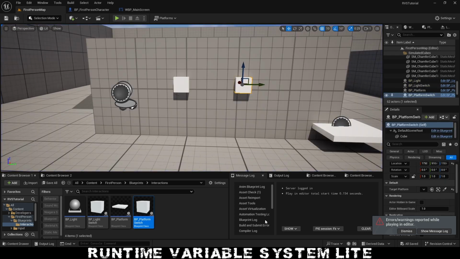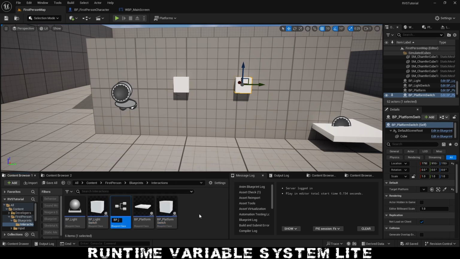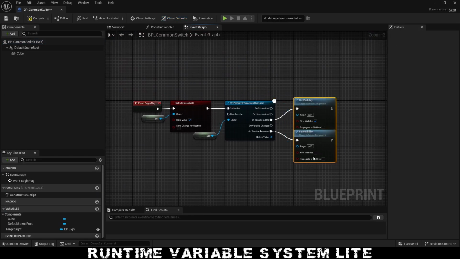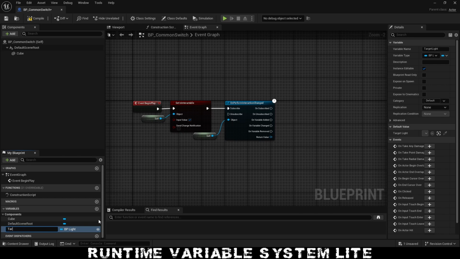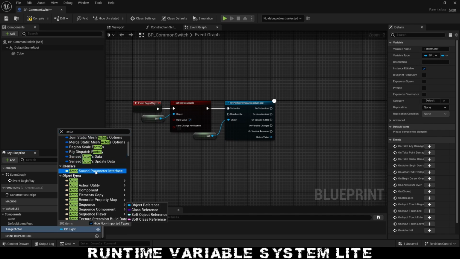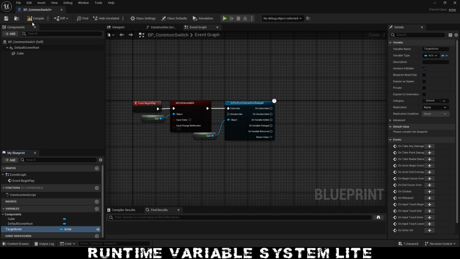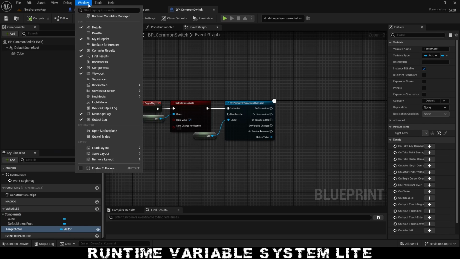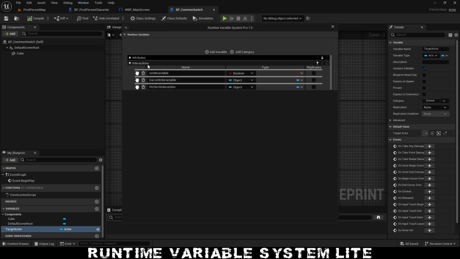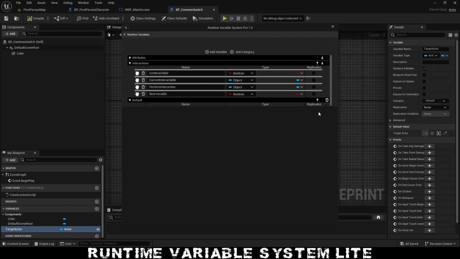Now we could make it even better with the system, because we could have a BP common switch that is a switch for anything really, because we could have a target actor, like any actor, to switch it on or off. And then using the system, we could expand on this feature and go ahead and do interactions, and maybe add it to the interactions as well, and do a boolean that goes is switched on,